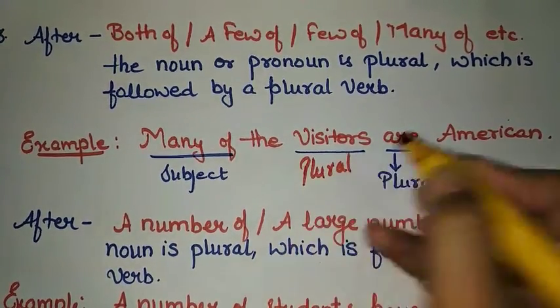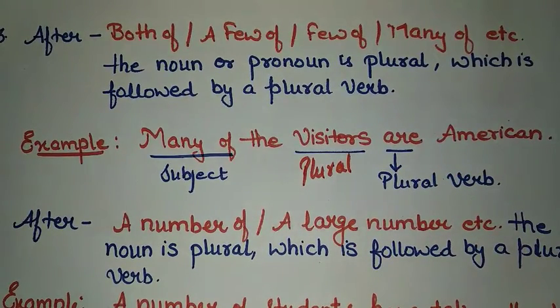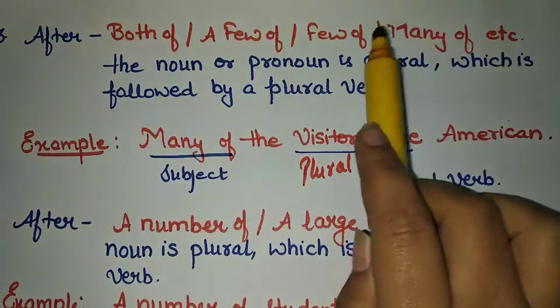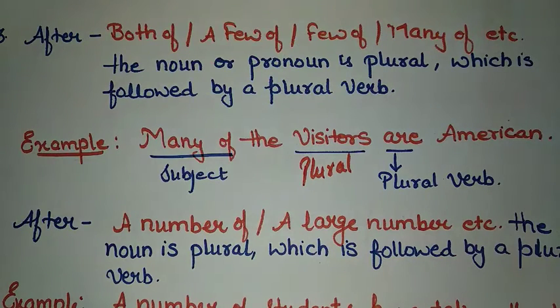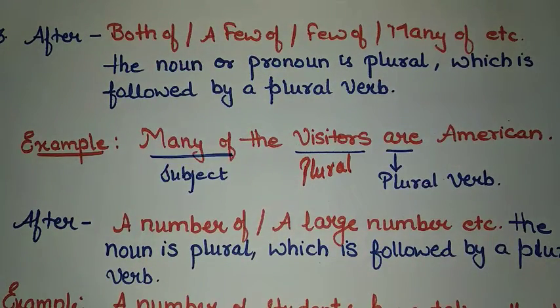So I have to use a plural verb, and are is a plural verb. So you have to take care that after such words like both of, a few of, or many of, etc., we have to use a plural verb, because these words always follow a plural noun or pronoun. After this,